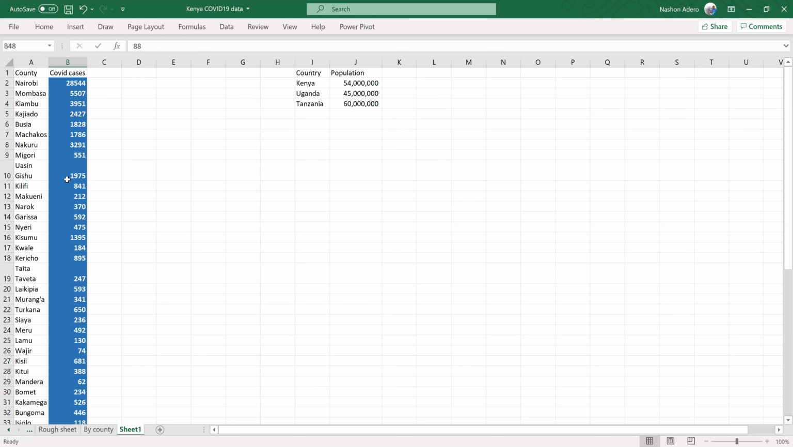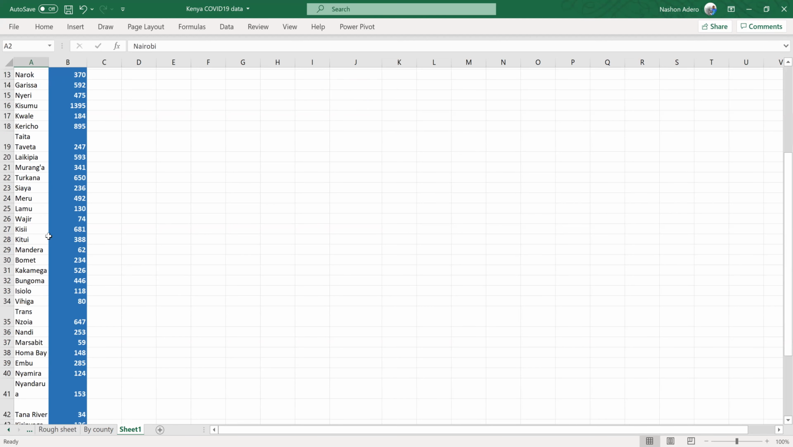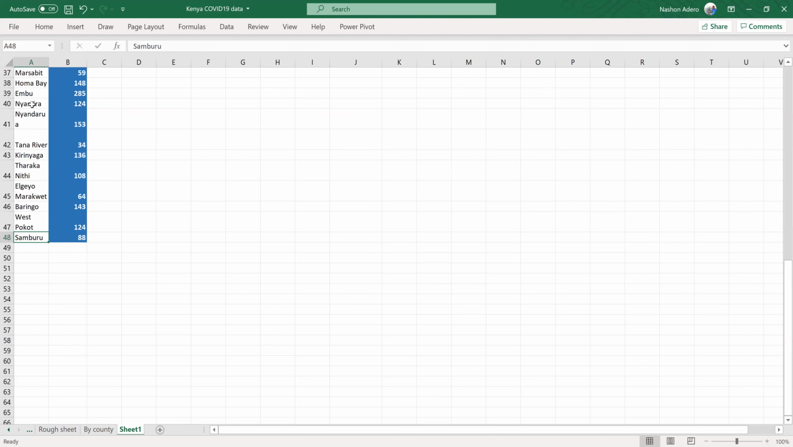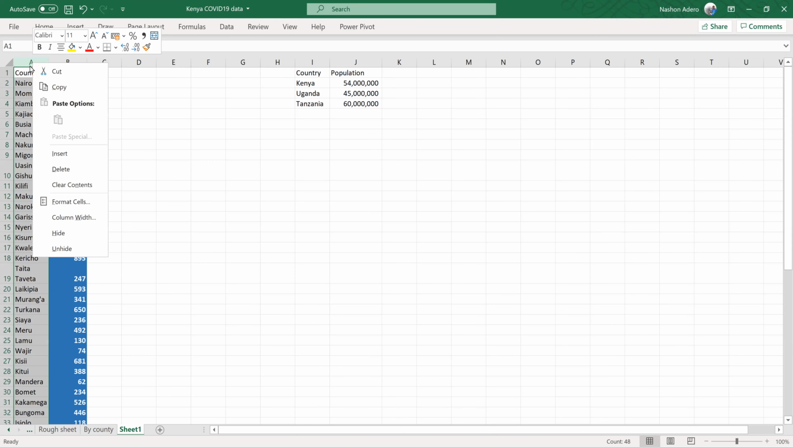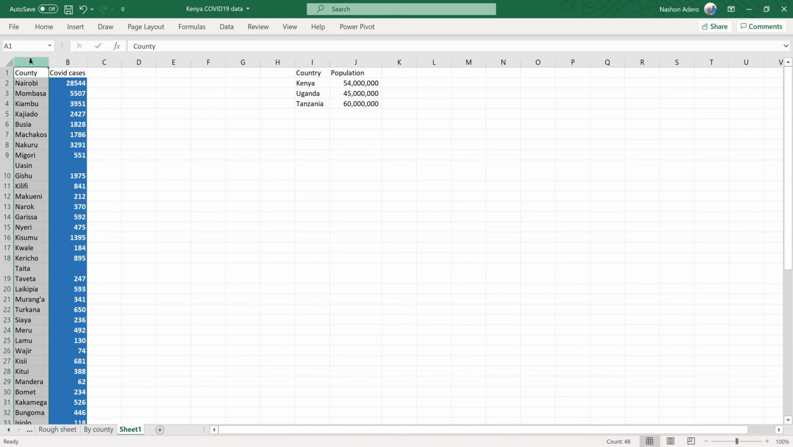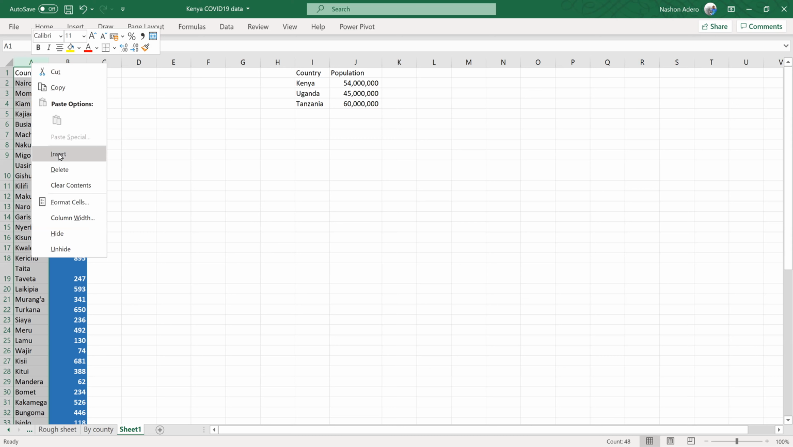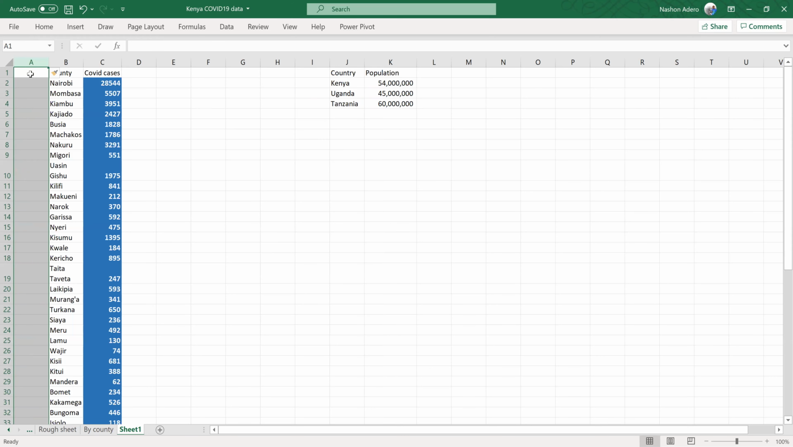And you can see we have here county and COVID cases, then Nairobi all the way to Samburu. Of course, you should add a column here by right-clicking. When you press on the letter for the column, it will select the whole column, and when you insert, it will insert to the left. So you can also let your employer or supervisor know very clearly that here you want to talk of the number,